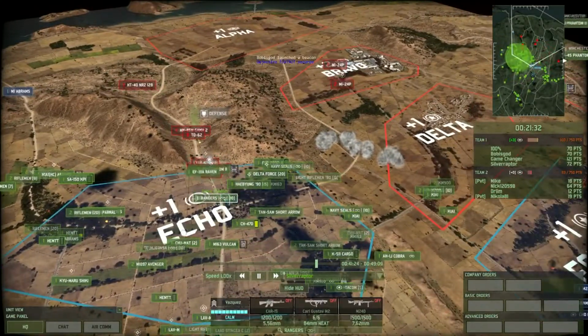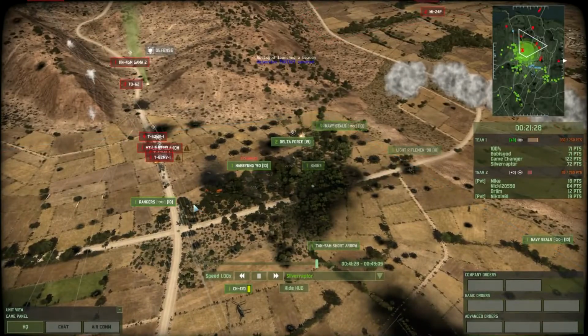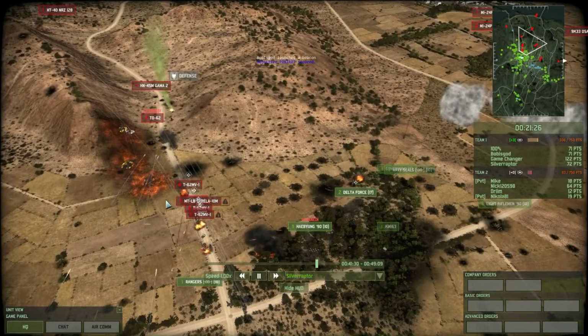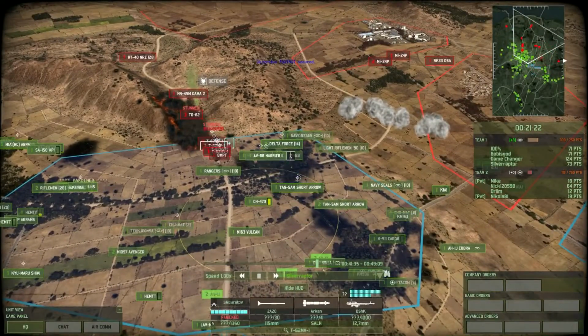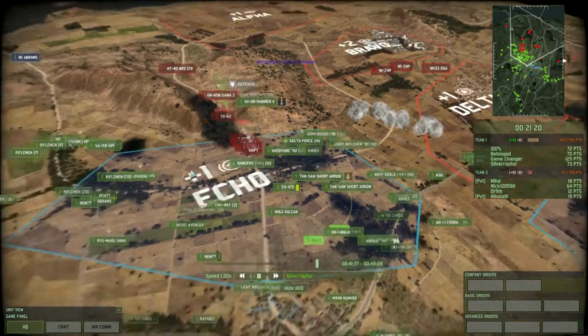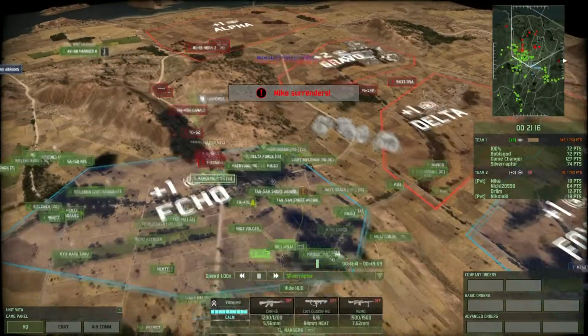Phantom 2's coming forward with its napalm. I'm going to try to slow down the enemy forces as the Aardvark kind of misses with its bombs as well. All these tanks are doing quite a bit of damage. Harrier 2 tries to engage his ATGM missiles as well, as everyone is just basically trying to shoot at these